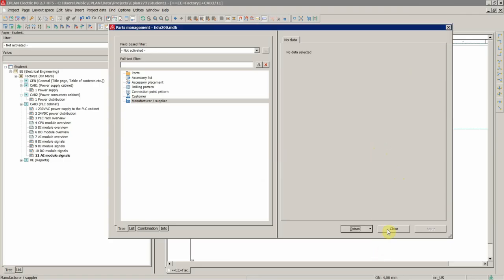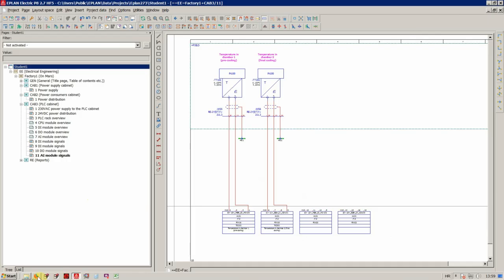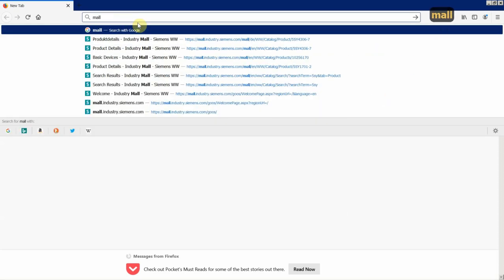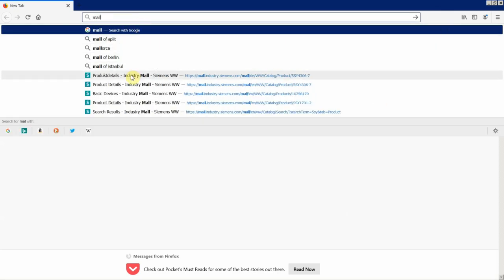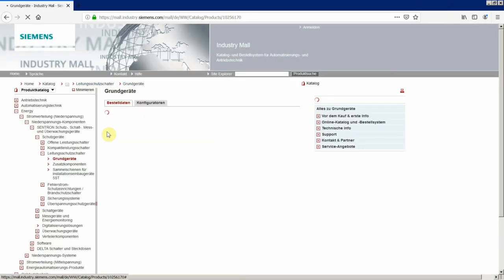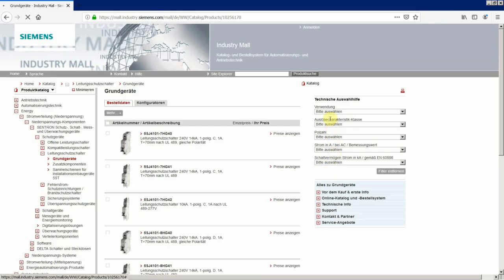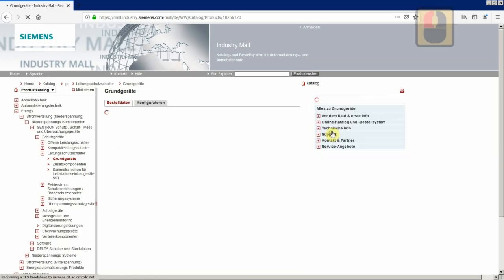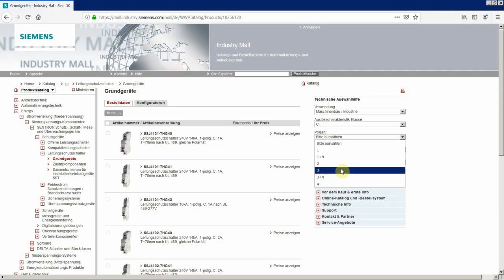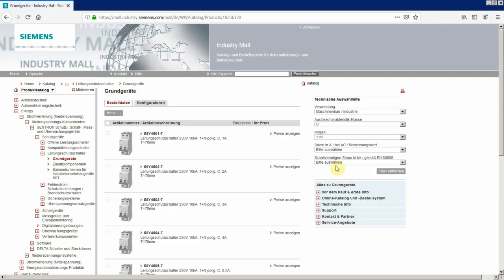Or even better, let's go to internet and I'll show you how to even download and everything. Let's go to Mall, Industry. Yes, let's use another one. Little bit of German. Let's see characteristic. For example, this one,